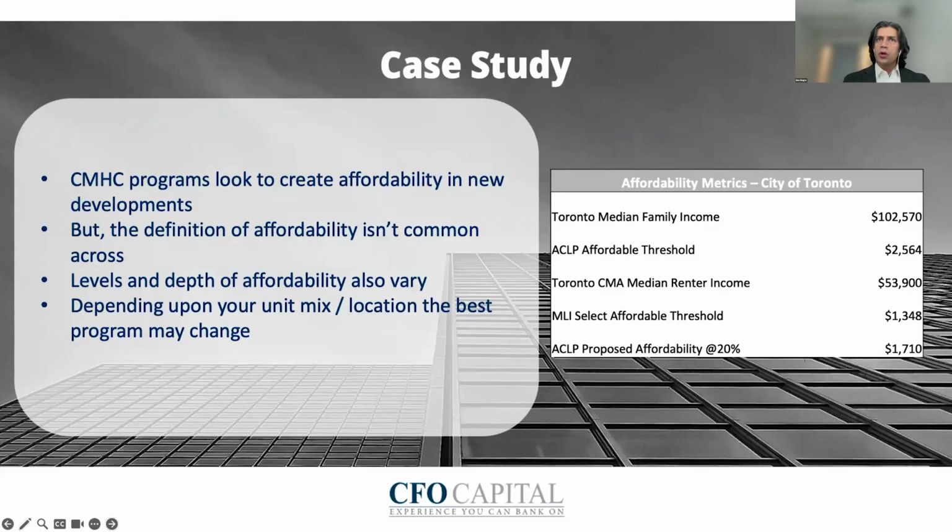The overall note that I would offer is there isn't a one size fits all program. There just isn't. ACLP sounds fantastic when somebody says you can get 3.5% construction financing, fixed rate for 10 years. You get no premium, but is that the right program for you? What does that require? On the other side, is MLI the best program when they're constricting you to 75%, or is conventional, the con in conventional being the higher interest rate that you'll end up paying? It's up in the air.